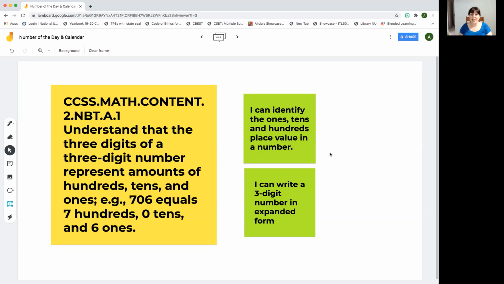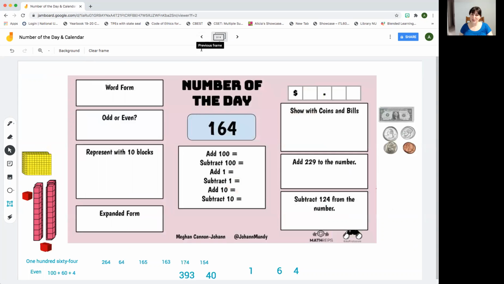I can identify the ones, tens, and hundreds place in a number value. And I can write a 3-digit number in expanded form. So let's begin. Our number for today is going to be 164. We're going to go ahead and write 164 in expanded form, or in written form. So we're going to write